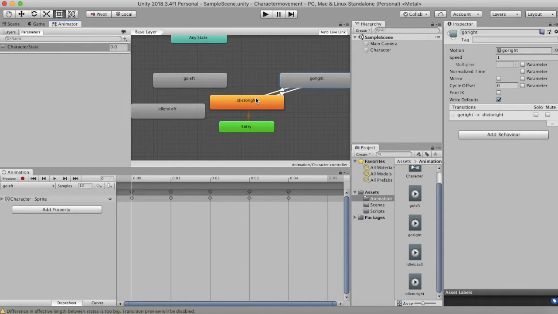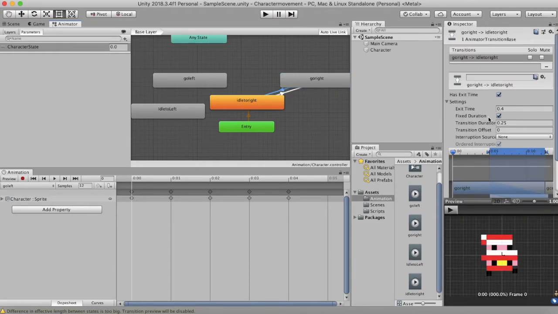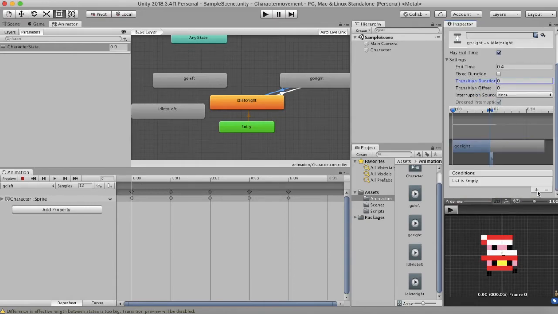When the player lifts his finger from the right key of the keyboard, the Santa character should stop and the direction he should face is to the right. Hence I have taken him back to the idle to right state. I'll select the line that links them both and once again untick this fixed duration and set the transition duration to 0. And in the conditions property, we need to set it less than